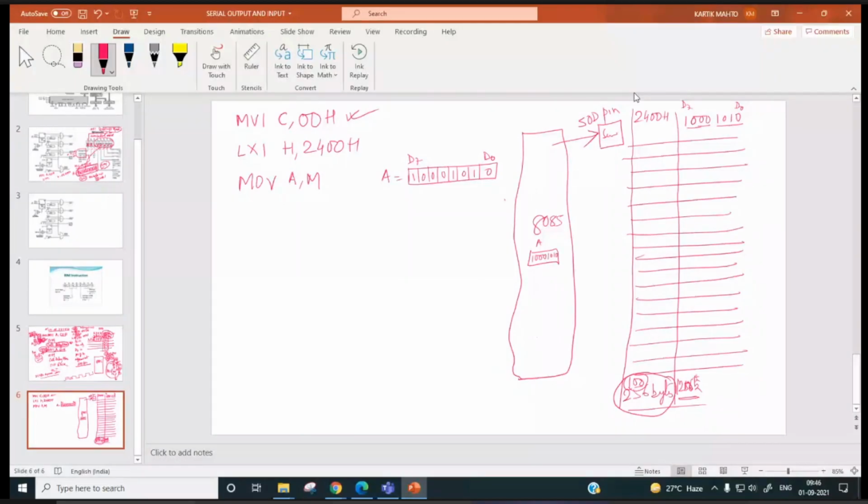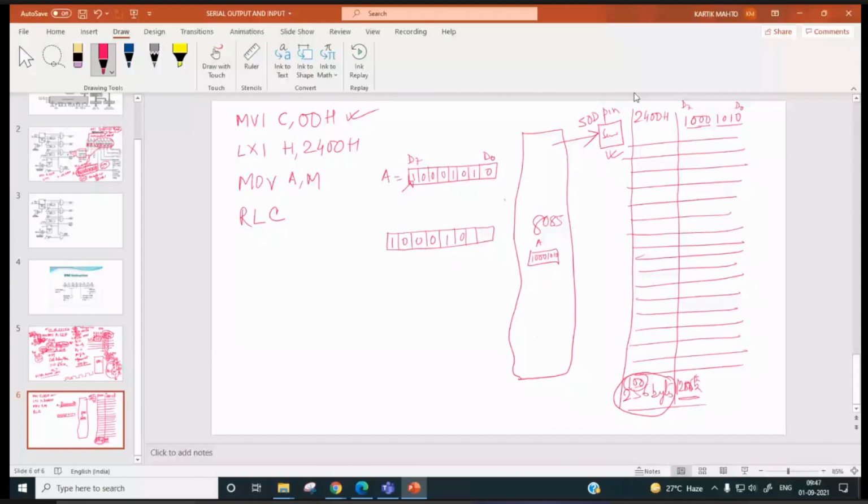Now we have to check whether D7 is 1 or not. If D7 is 1, then this 1 has to be outed at the SOD pin. Now if you do RLC, what will happen? Suppose this is the accumulator, which is 1 0 0 0 1 0 1 0, and here we have the carry bit.